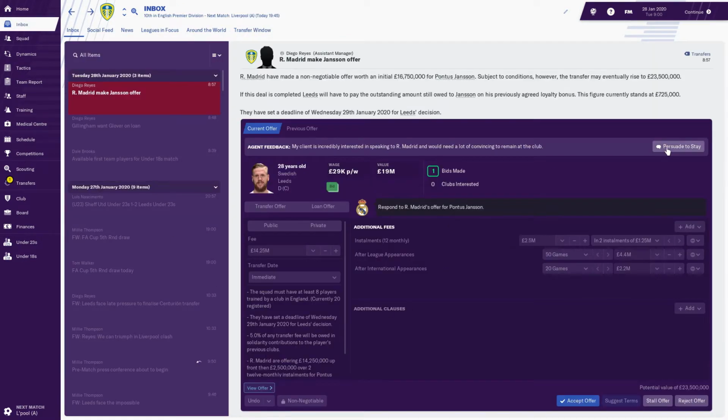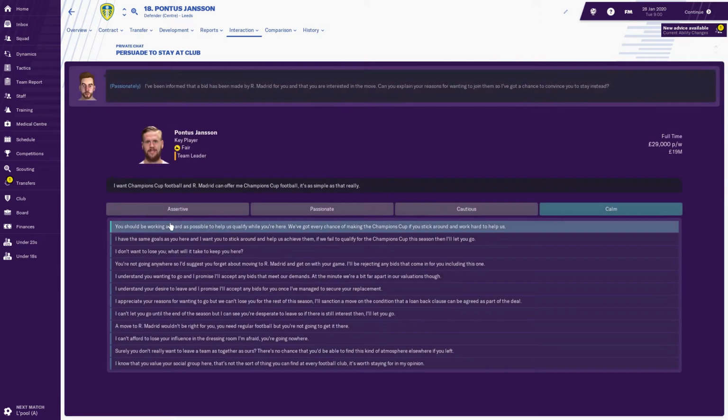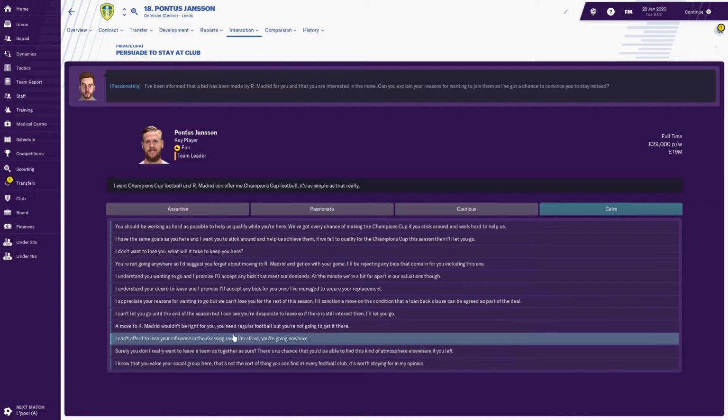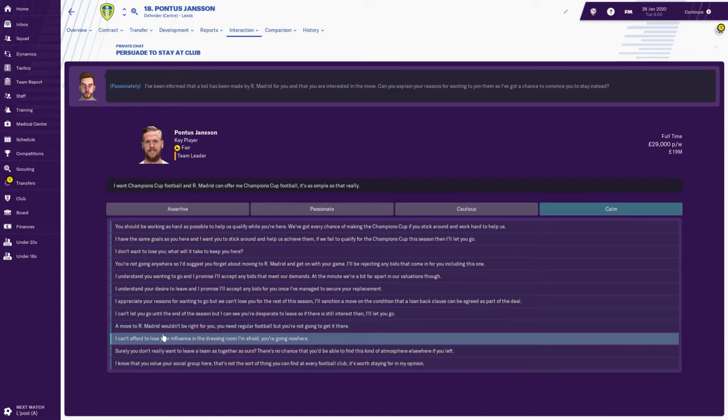Now, I obviously don't want to sell him, so I'm going to try and persuade him to stay. I want Champions Cup football, and Real Madrid can offer me Champions Cup football. It's really as simple as that. And now, obviously, we can't argue with that. I think...